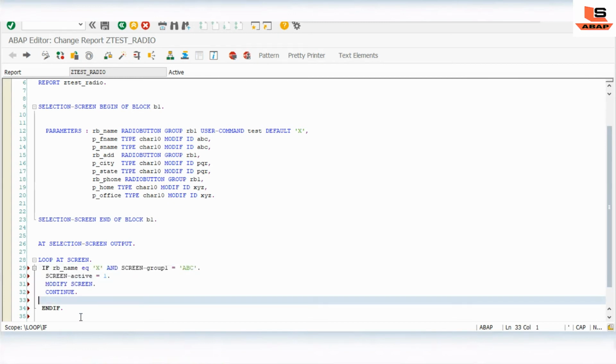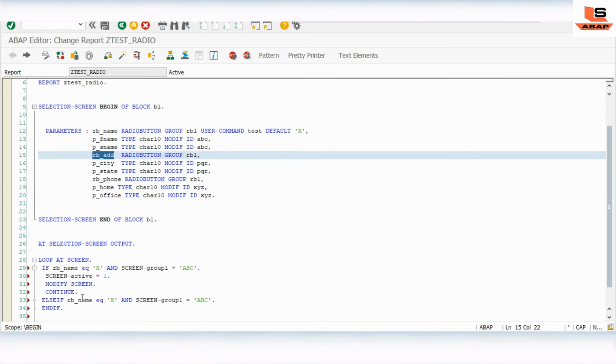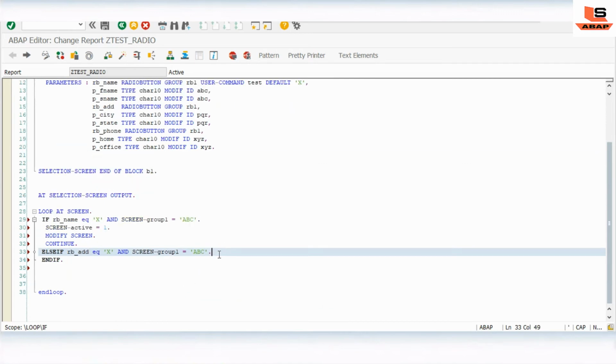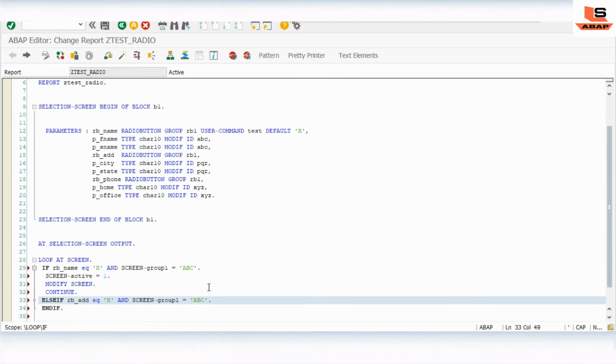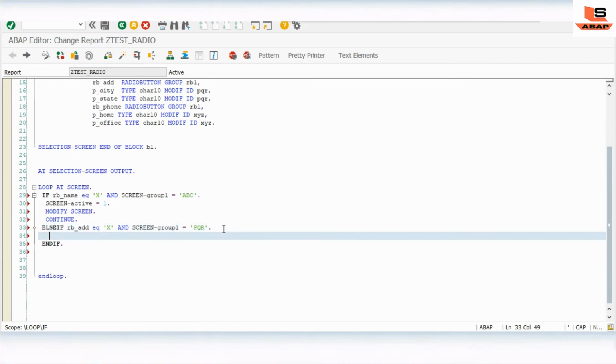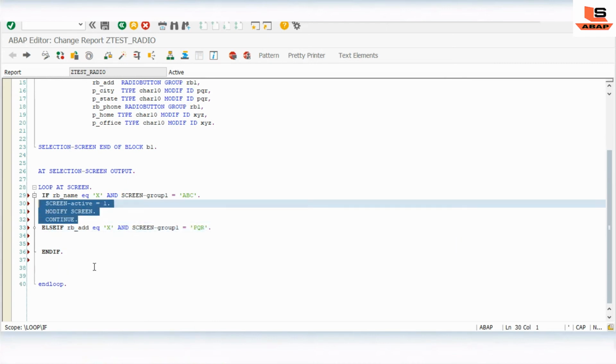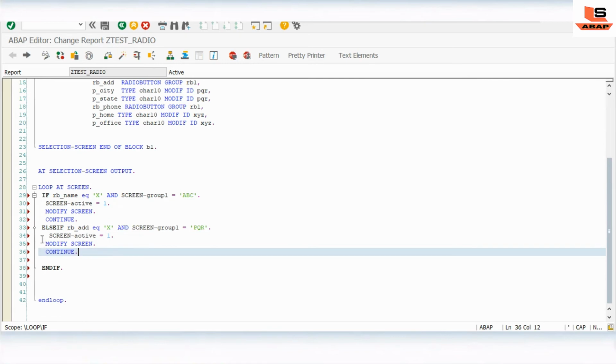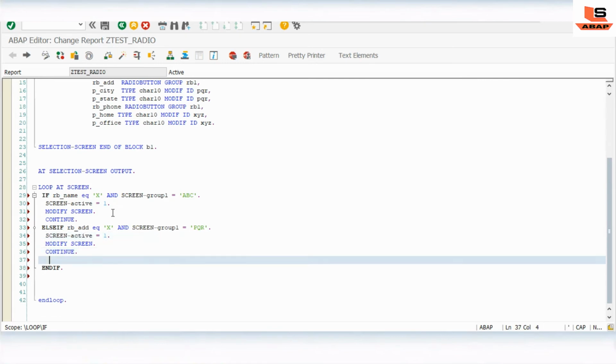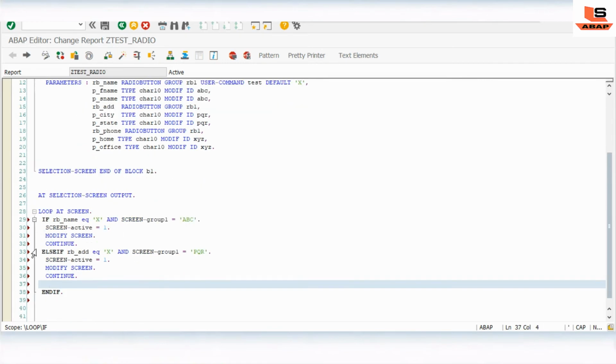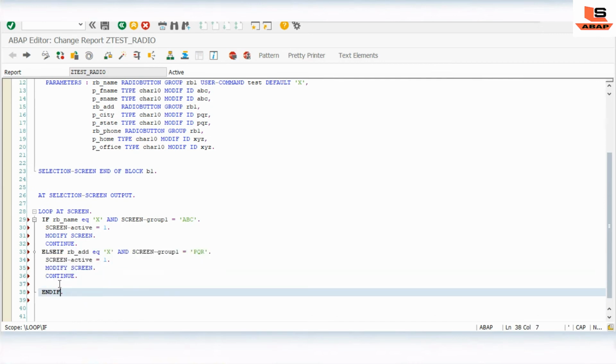So let's copy and paste. Else if, here I will just change the radio button name: the radio button equal to web is true, and here the screen group we have to change to pqr. Then copy this as it is and do the same thing for the third radio button.